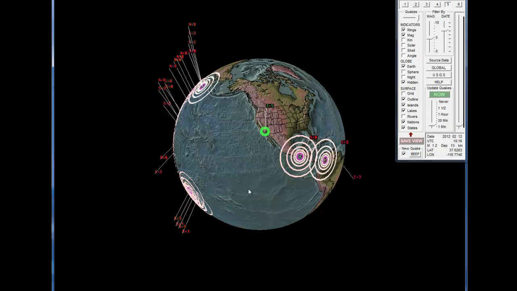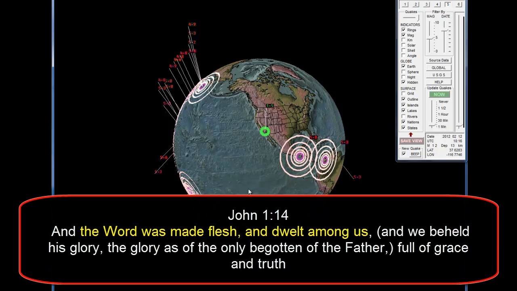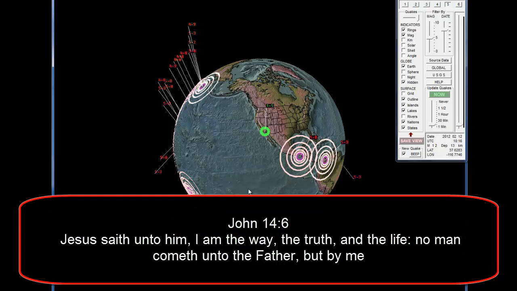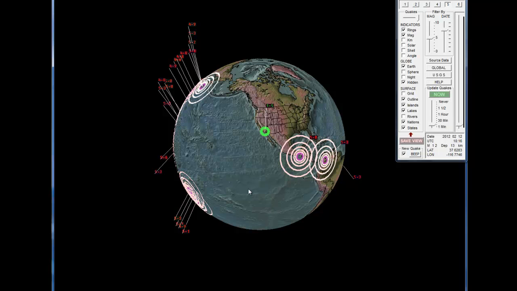Truth will always prevail, and truth is only in the Word. The Word was made flesh and dwelt among men, and He said, as a man, I am the way, I am the truth, I am the life. So if you want the truth, guys, there's only one place you're going to get it, and that's in the Scriptures. You're not going to get it from me, and you're not going to get it from any other man,